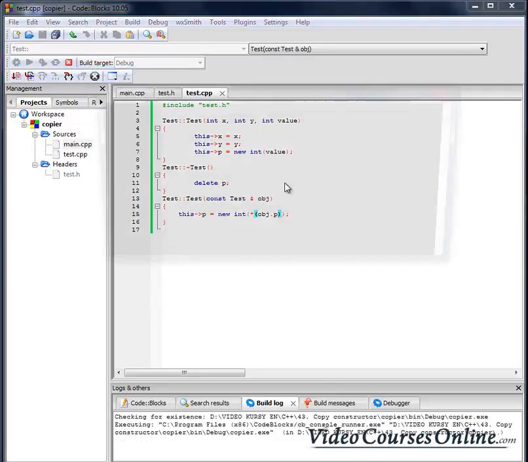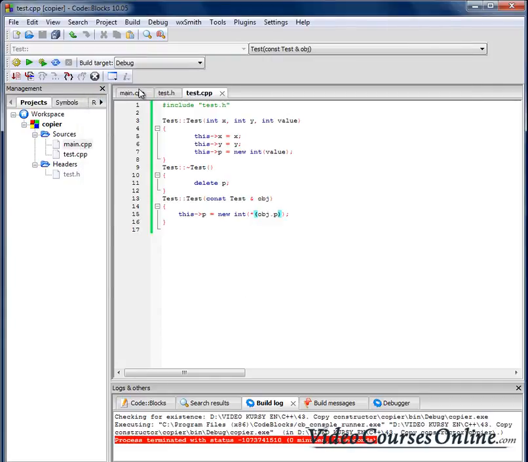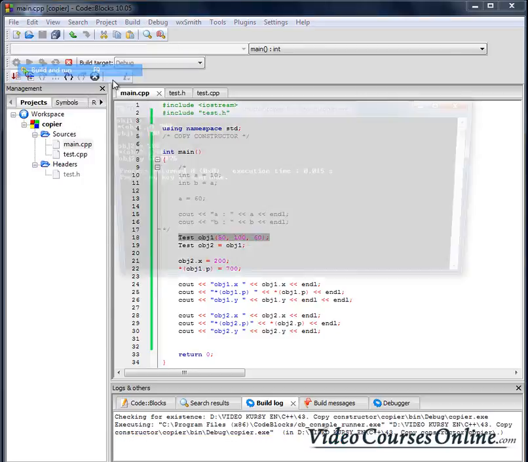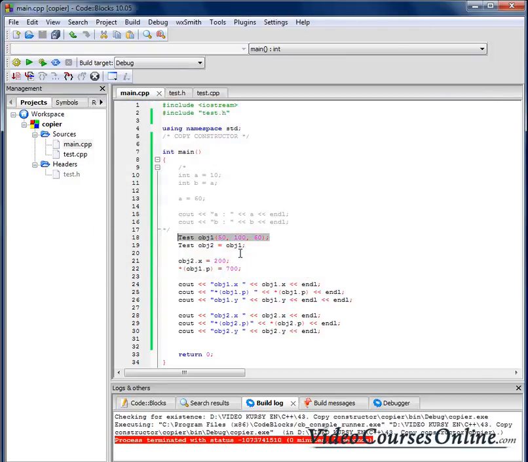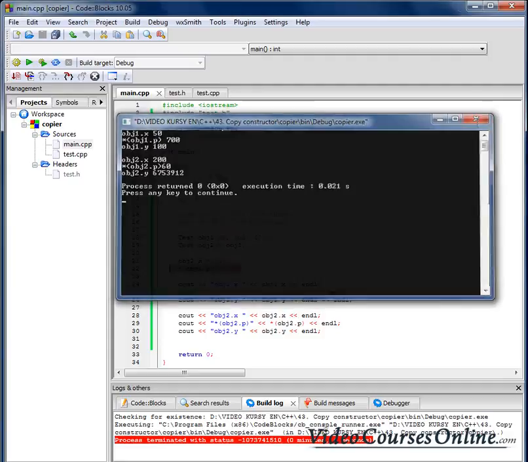Now when I build and run that program, you will notice that, well, focus on the object1.p and object2.p. As you can see, the value, even though we change it here, didn't change in object1, right? Well, sorry, we changed it in the object1, we didn't change it in the object2. So in the object2 it's 60, in the object1 it's 700. But